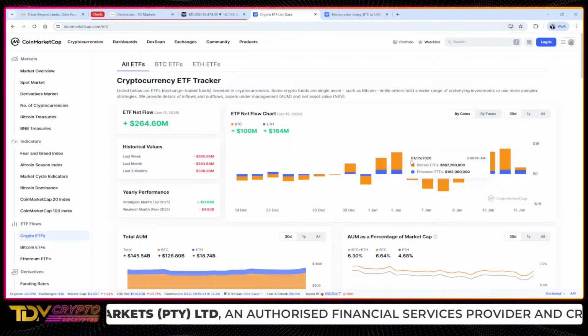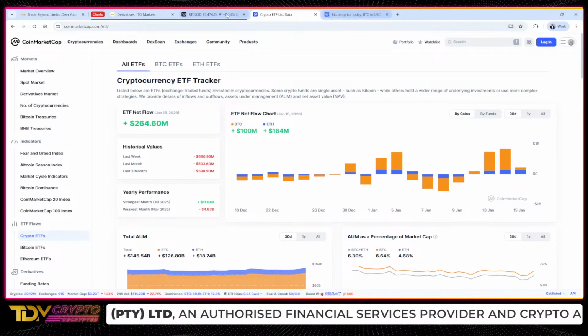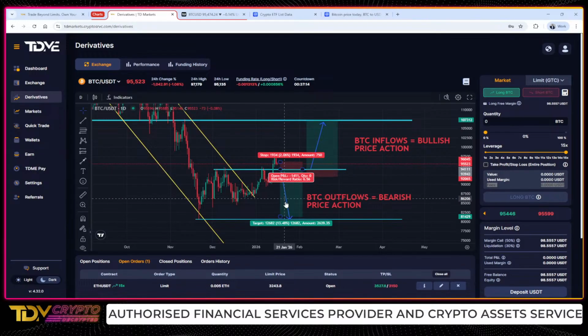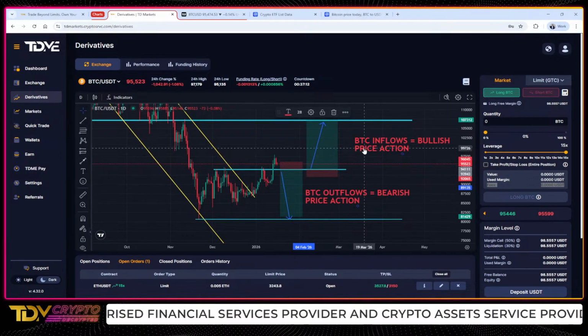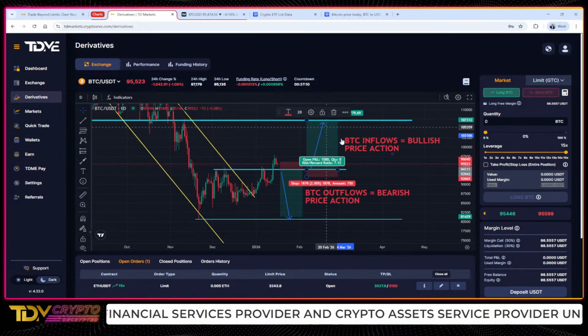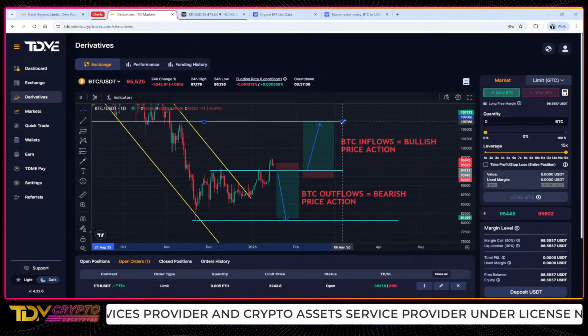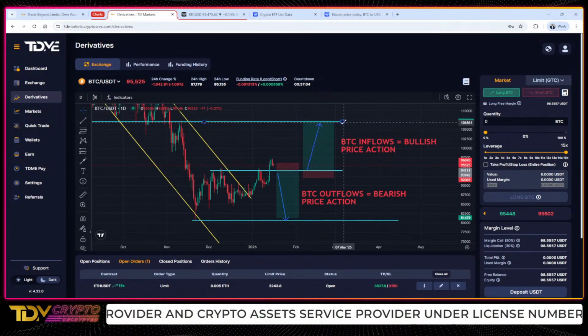All right. Now let's have a look at Ethereum. So Bitcoin, this is what we're looking at. This is the plan. Either we're going to go down one more time because of this, and then we're going to go up one more time. We're obviously looking at this price action there.